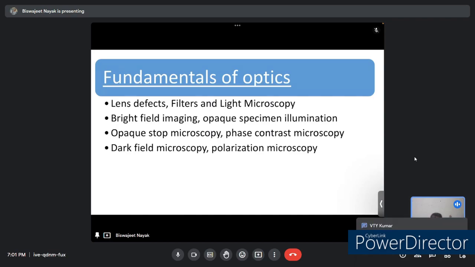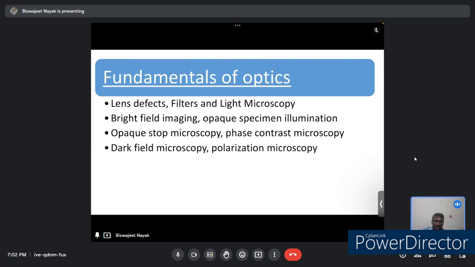What are the different types of defects which come due to aberrations, and what different filters we use in order to enhance the imaging capabilities, and then I'll be discussing the light microscope and the different parameters involved in it, and then bright field imaging, then opaque